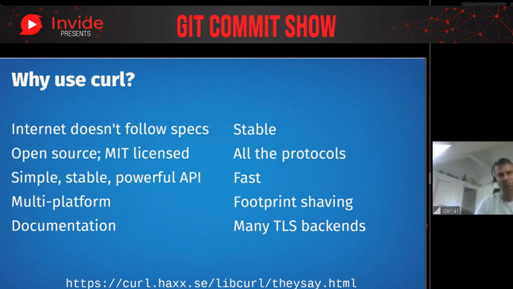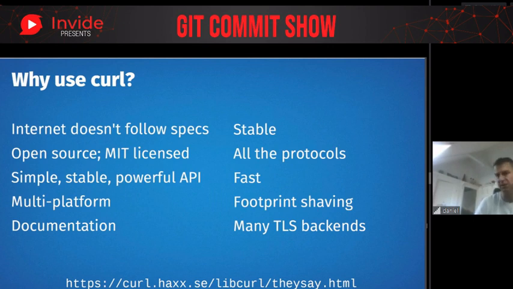You need time to polish off all the rough edges and adapt to every quirkiness that is out there, and it takes time. curl has now been battle tested, tried through the years, and we've been fixing all those problems over time. So it's fairly reliable now.